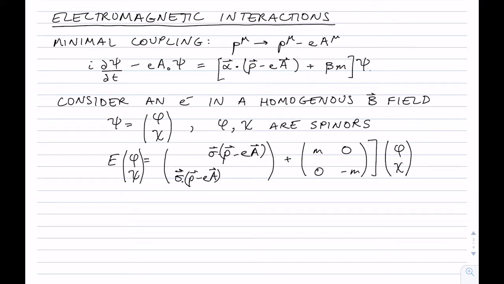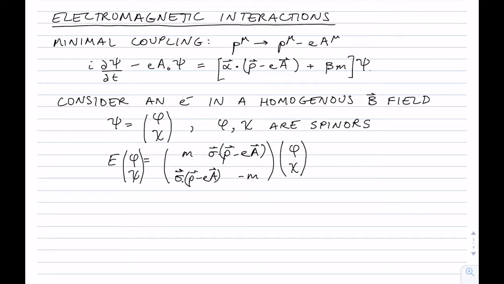So I'll replace these directly by m and minus m. It's just like what we did before. So far I haven't made any assumptions except that there's constant energy. And then I will take the mass to the other